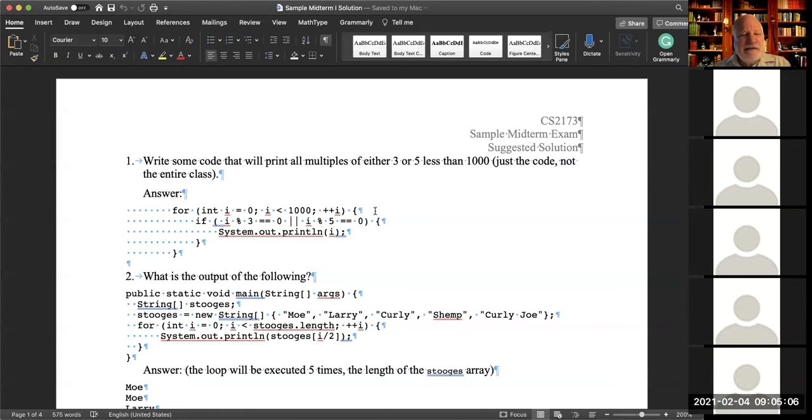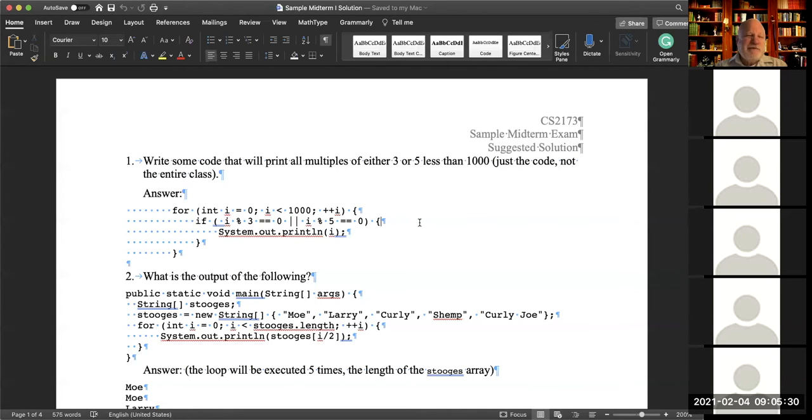Here, again, the idea was just combining a for loop and an if. So the if uses this modulo operator, which you're all familiar with. And so a multiple of 3 is if the modulo 3 is 0, and a multiple of 5 is modulo 5, and then here's a Boolean operator.